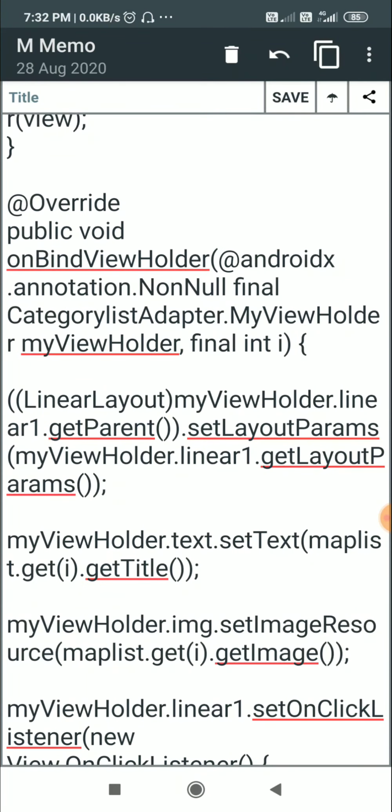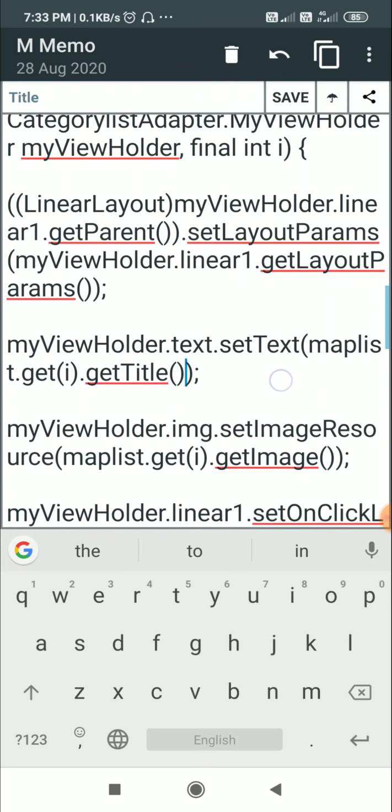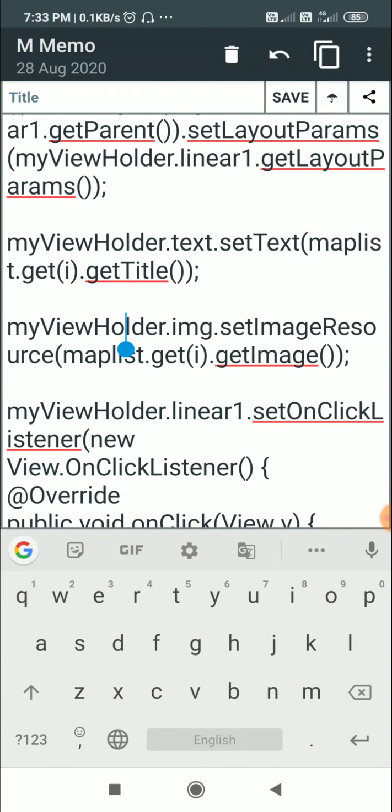From this mapList I get i, the position, dot getTitle. Here getTitle is the method which we used while defining my image class. Similarly for the image view in myViewHolder I set the image resource to mapList.get(i).getImage.